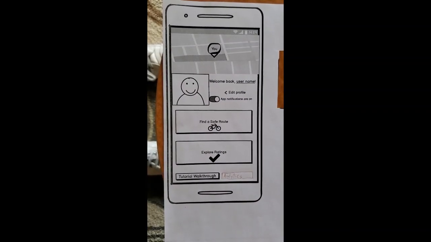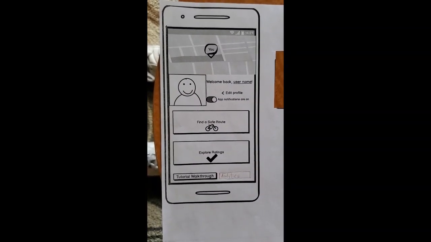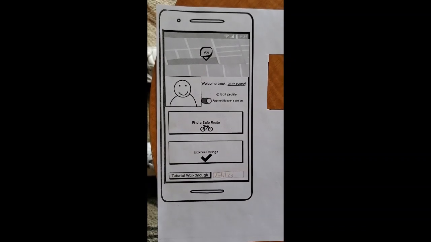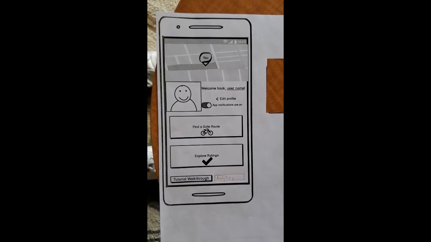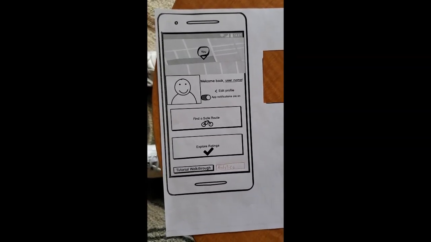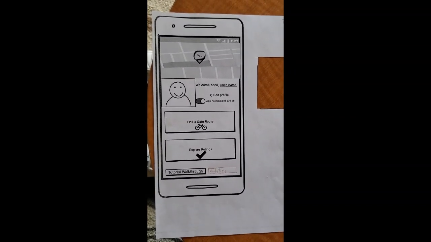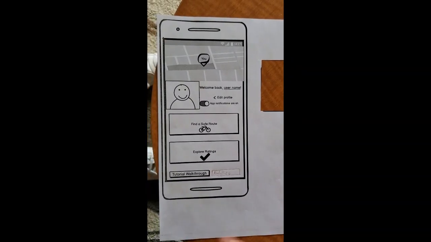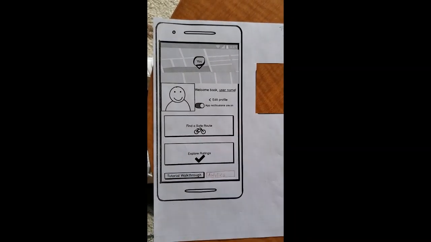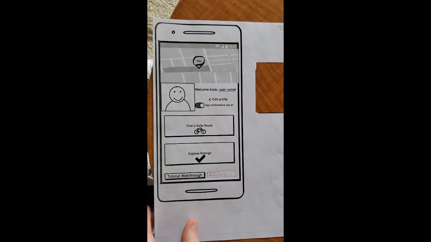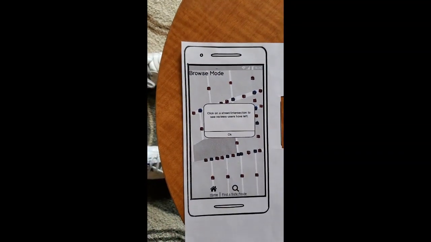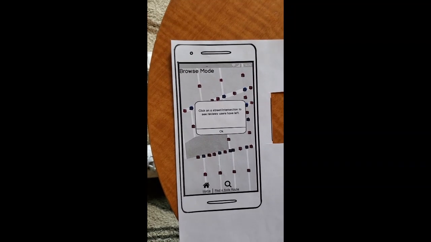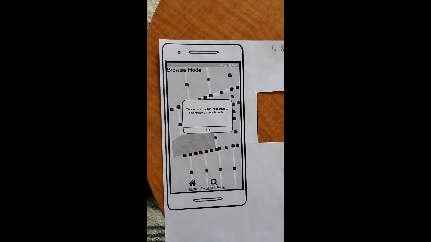Hello, welcome to SafeCycle again. Our third task for our application was to allow a user to explore the area based on specific route segments, such as intersections or streets. From the main screen, if I were to press on the Explore Ratings button, I would be brought to our Browse mode. Our Browse mode would have a small pop-up, which would go away if I clicked OK, allowing a